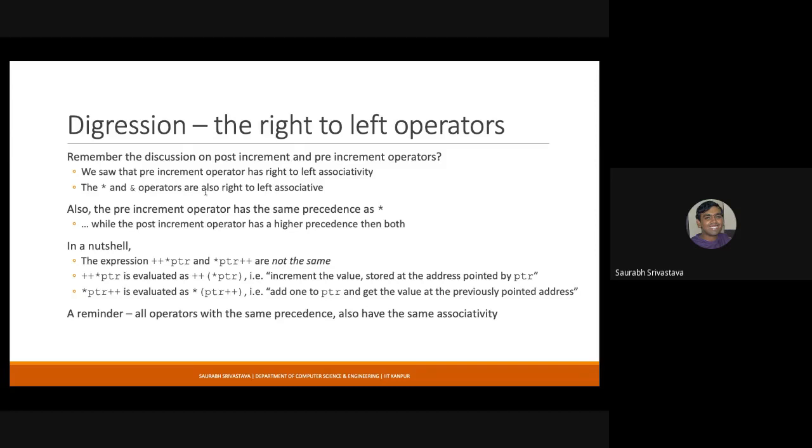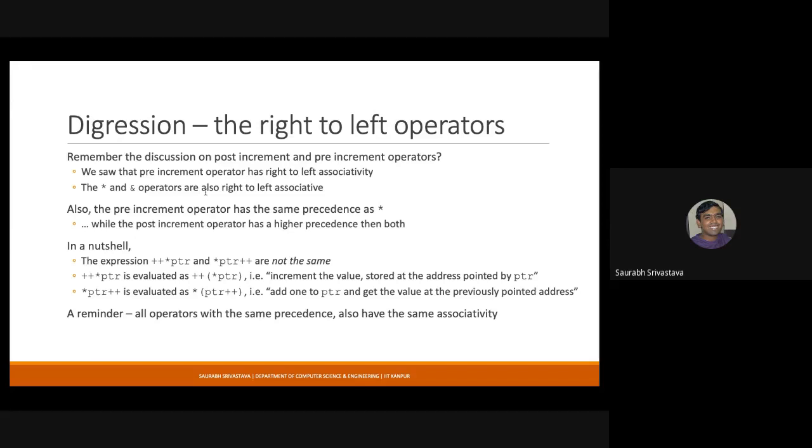Okay, and let me also give you a brief idea of associativity and precedence. So precedence is mentioned in terms of classes. Okay, so there are multiple classes of precedence. The highest precedence operators are evaluated first by your compiler, and the lowest precedence operators are evaluated last. Associativity comes into picture only when you have two operators which belong to the same precedence class. In that case, the associativity decides which of the two has to be evaluated first.